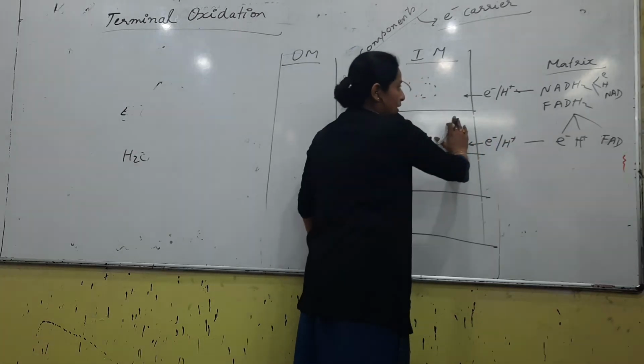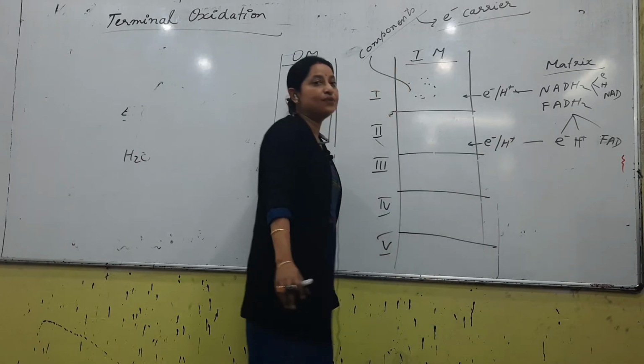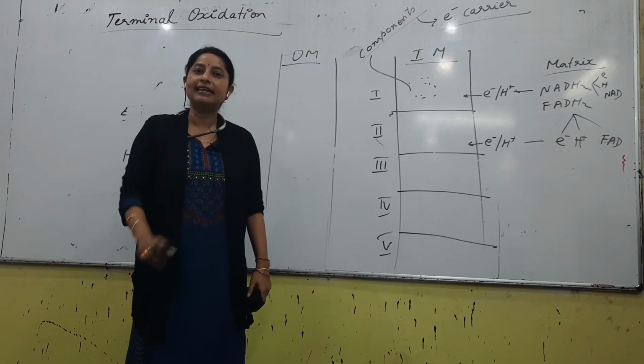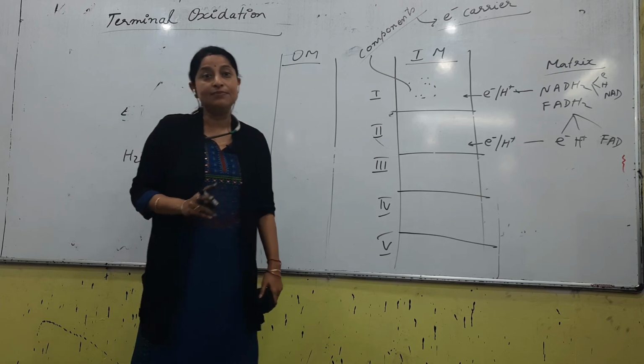Now if the electrons and protons are thrown out, it is not like this that they will come out singly, one electron comes, one proton comes. No, they always come out in a team, and the team